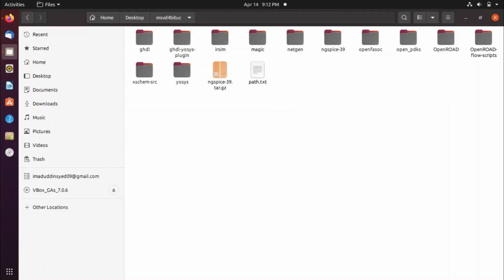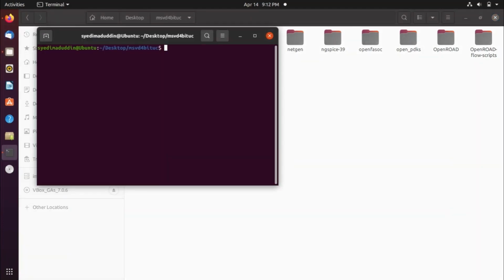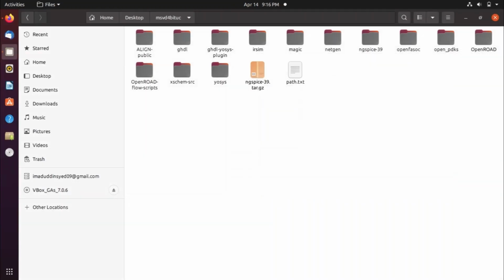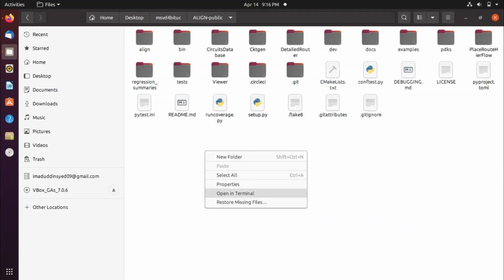Here open the terminal and just paste the copy text and hit enter. It will take some time to download the align, so wait for it. Okay, it is downloaded now. Now go to the align public folder. Now open the terminal here